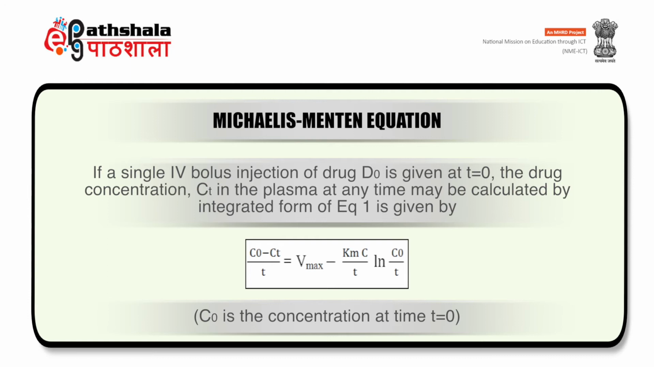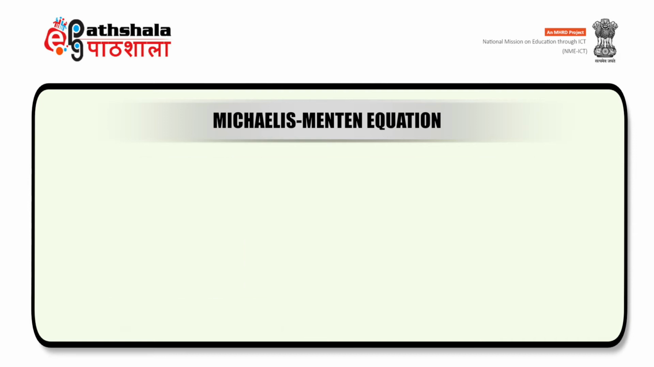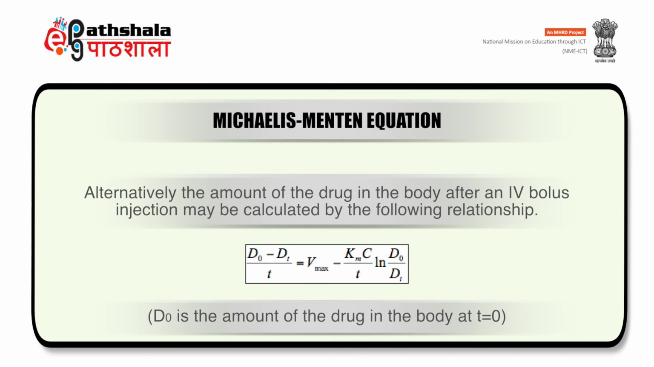That is, (C0 - Ct)/T will give you Vmax - Km into C/T, natural ln of the ratio of initial concentration with time, where C0 is the concentration at time T equal to 0. Alternatively, the amount of drug in the body after an IV bolus injection may be calculated by the relationship of